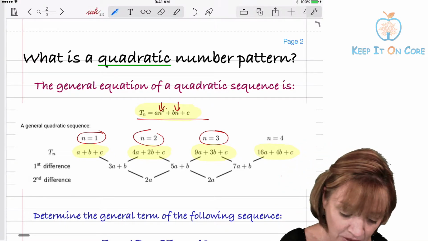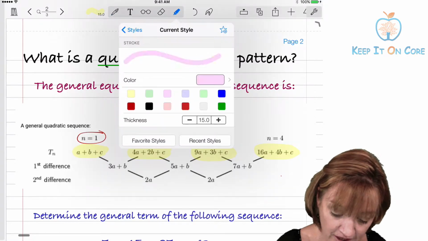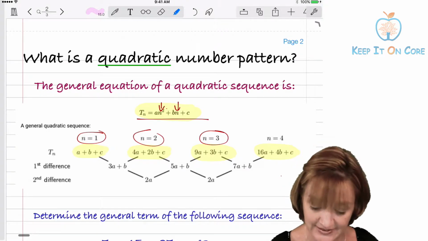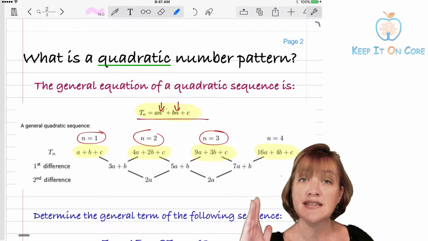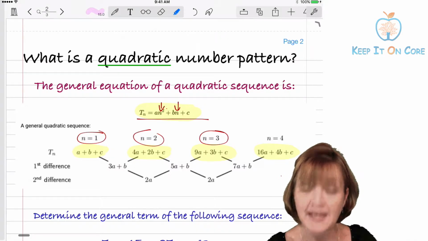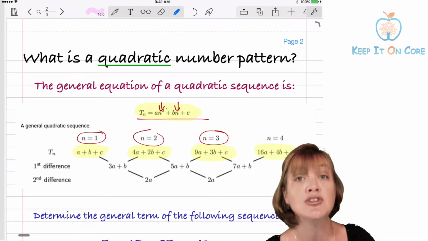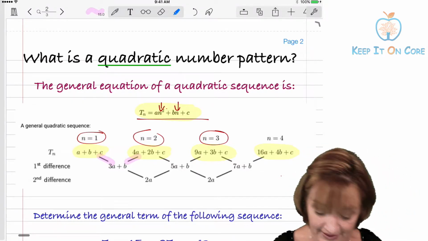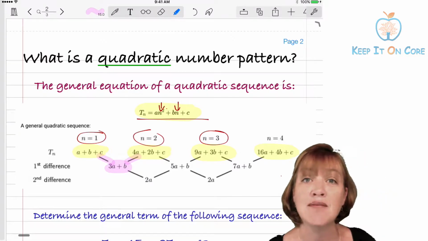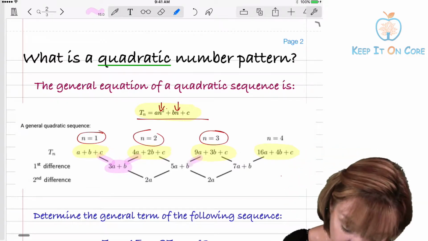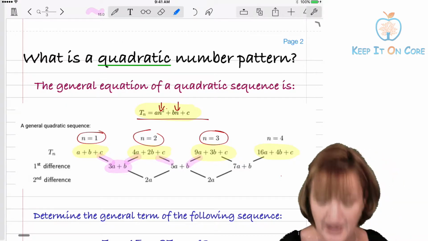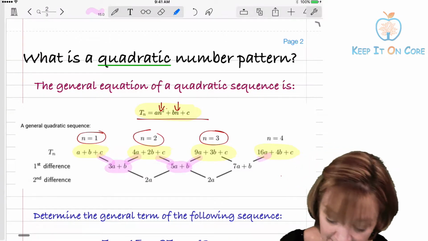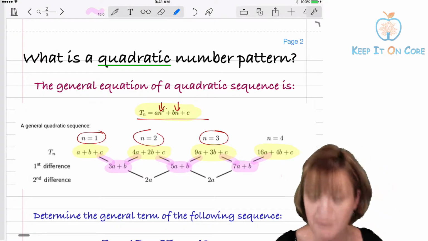Okay. Now, what we're going to illustrate here is we're going to start by finding the first difference between the terms. And let's see what happens when we find that first difference. To calculate a first difference, you always take term 2 minus term 1, and then take term 3 minus term 2, and so on, all right? So term 2 minus term 1, if we work that out, is going to simplify to 3a plus b. If I took term 3 minus term 2, that's going to simplify to 5a plus b,